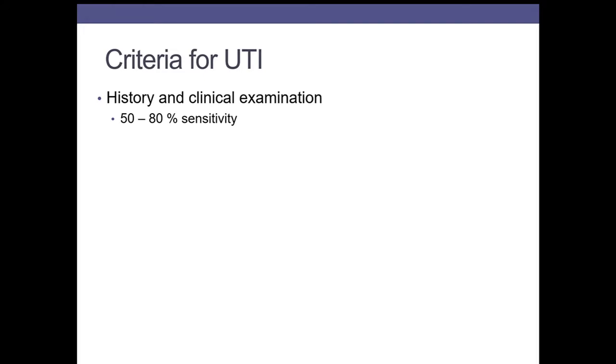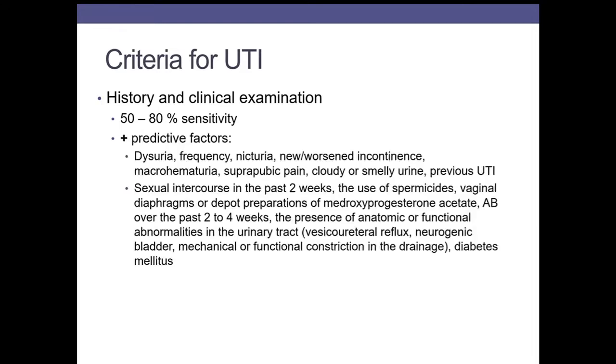Criteria for urinary tract infection. If you just take into account the history and clinical examination, you will correctly diagnose approximately 50 to 80% of urinary tract infections. Then you can have some different predictive factors which are in concordance with signs and symptoms of urinary tract infections